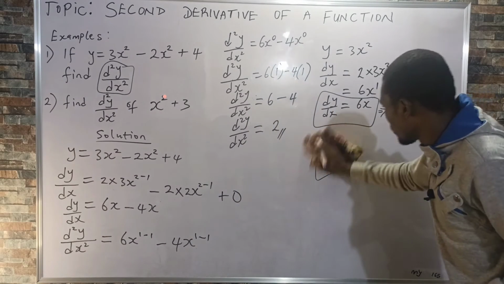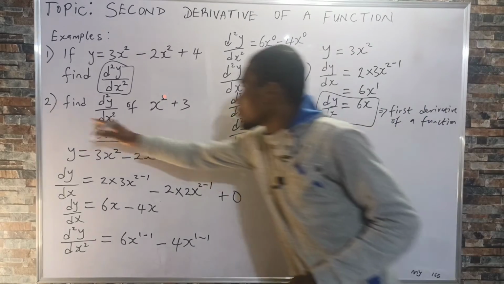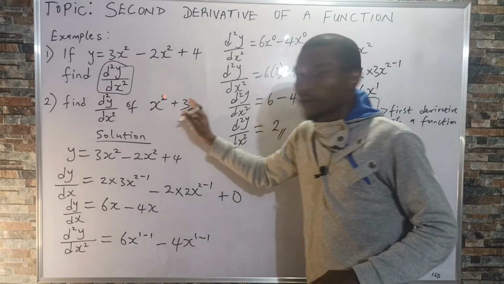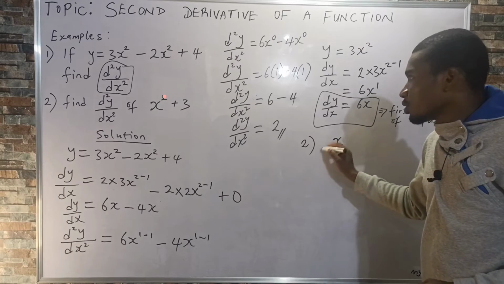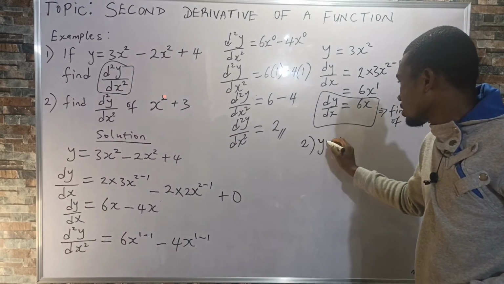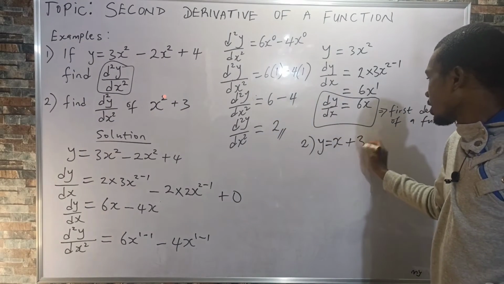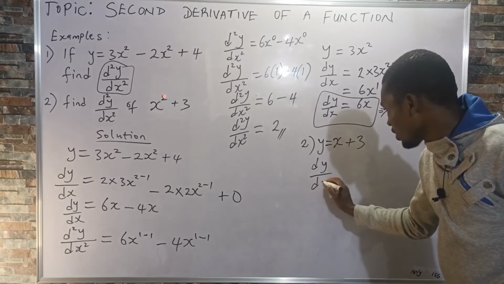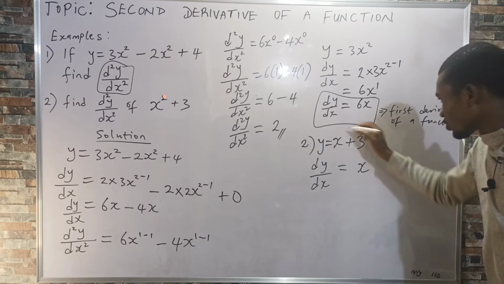Let me clean here for convenience. So question number 2, we are asked to find d squared y over dx squared of x plus 3. That is very simple. Let's first of all make this a function by saying that y is equal to x plus 3. Such that differentiating y with respect to x is equal to, here we have x raised to the power of 1, then minus 1,